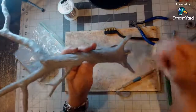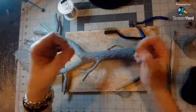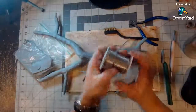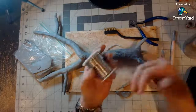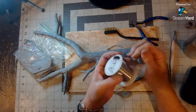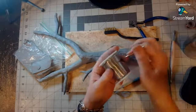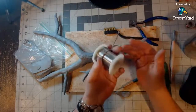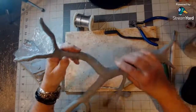But if I intended for this piece to be something where I'm going to be hanging things off of, I definitely would have started off with the armature wire, then covered it in tin foil, and then put the clay on it, because it's bendable, but it's strong. It's really strong. And the good thing about it being bendable is that you can shape your tree even with the tin foil on it, any which way you want. And even with the clay on it at this point, I can still bend this,